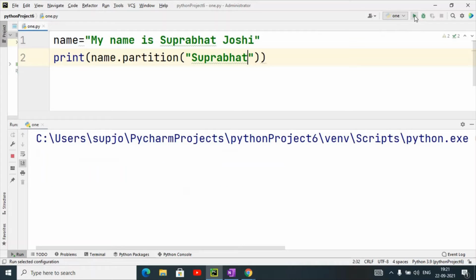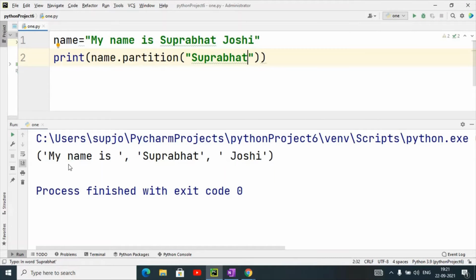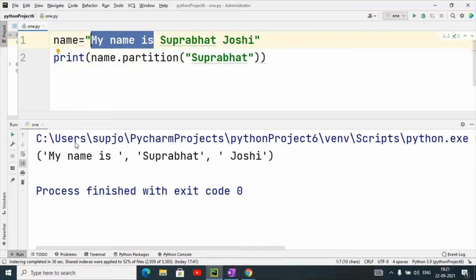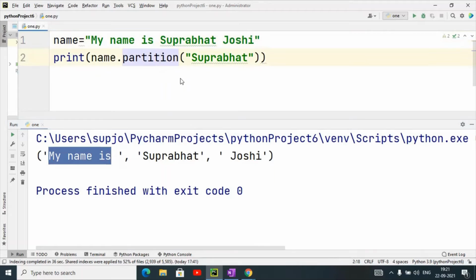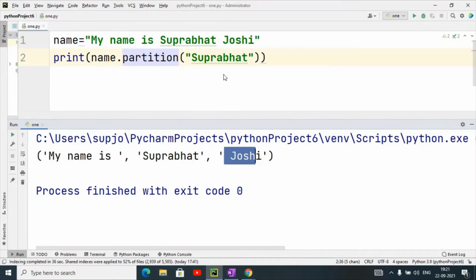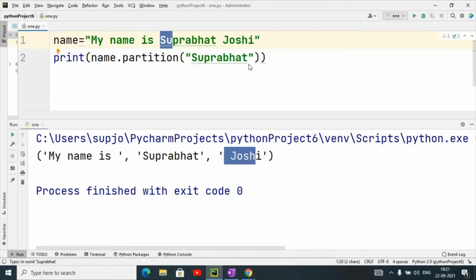When I execute this, you can see the part before the match is the first element of the tuple, this is the first item of the tuple, the second part is the matching string, and the third part is after the matching string. Everyone understand? Yes, sir. Okay.